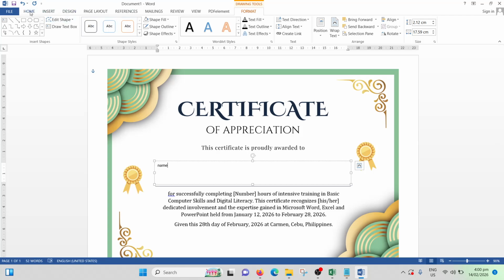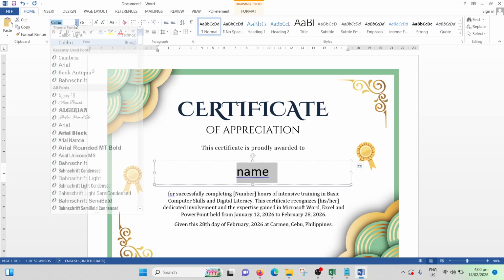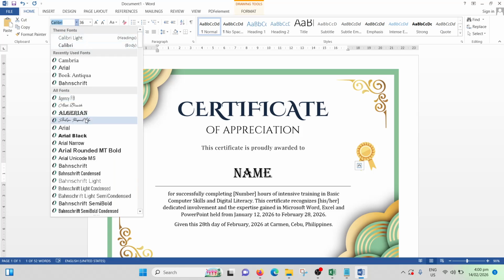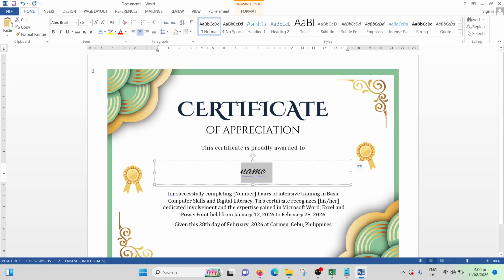And then we will put it on the center. And then make it bigger. And then we'll pick font style, say for example, this one.